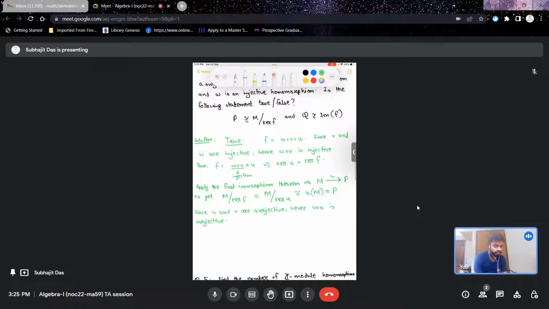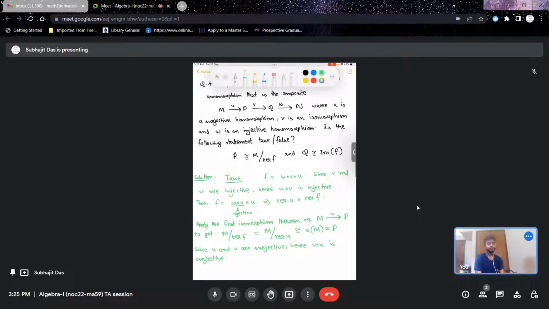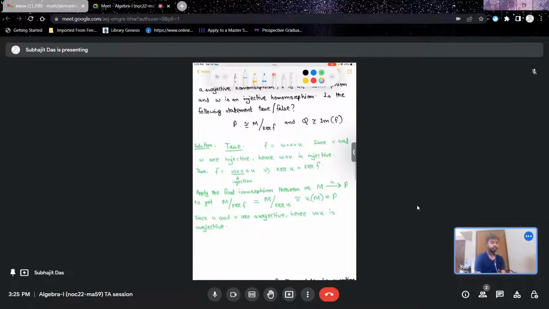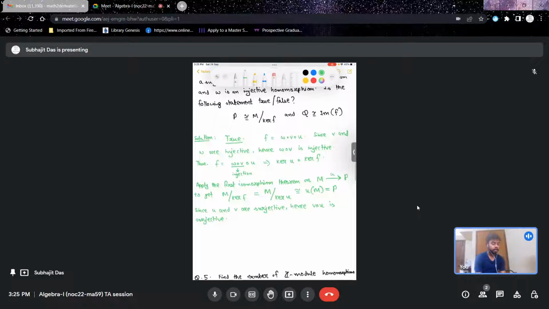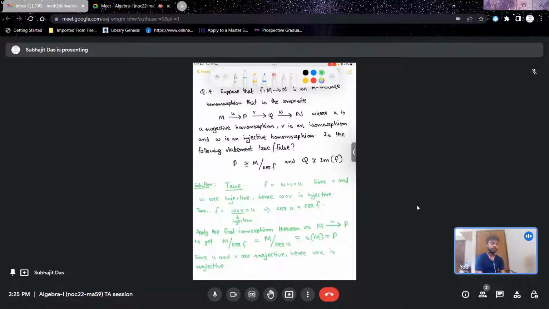This arrow V composed with U, which maps M into Q, is a surjective mapping of M onto Q. So what is F? F is W composed with V composed with U, and since V composed with U is surjective,